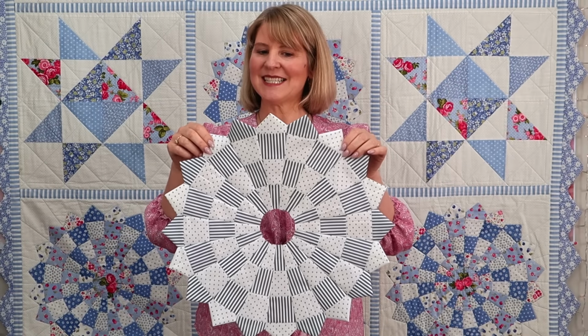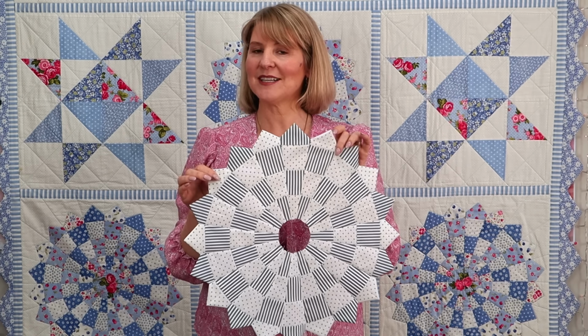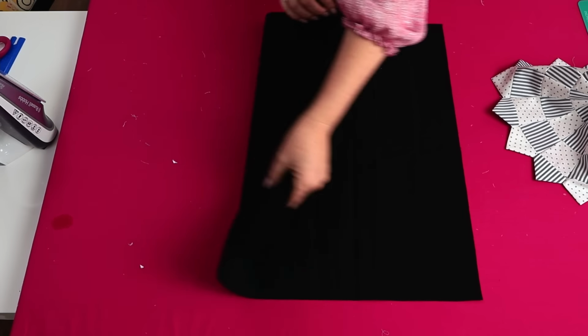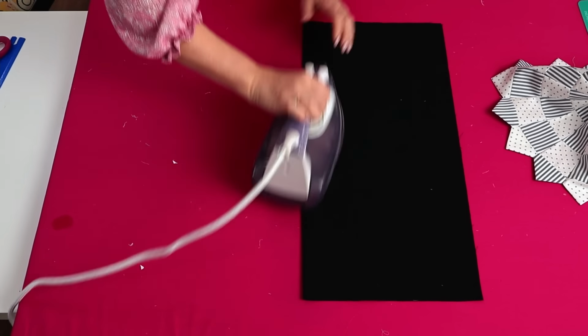Here's my checkerboard Dresden. This is what it looks like from the front, and this is what it looks like from the back. I'm now going to stitch it onto a black background to give a nice modern effect. So that our Dresden is going to be nice and centered, I'm going to press my background fabric in half vertically and press a crease,